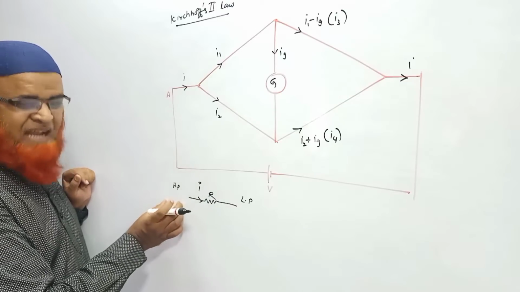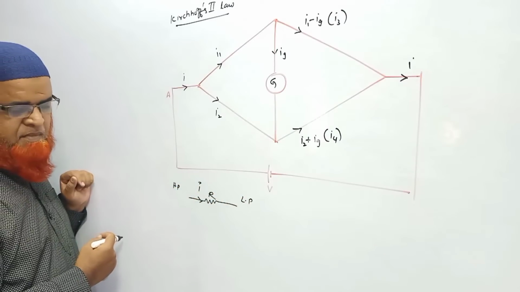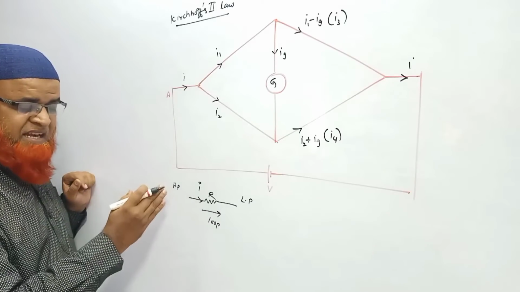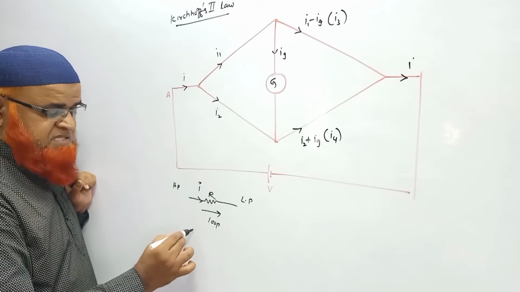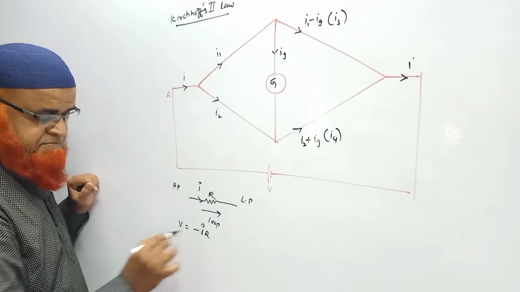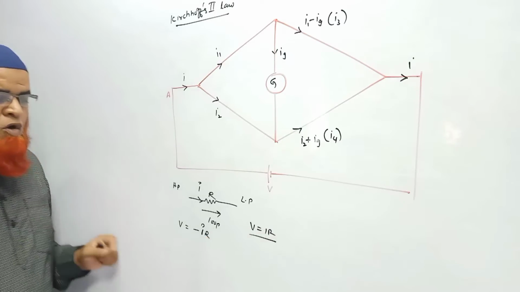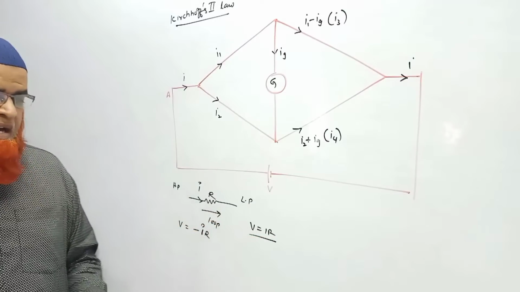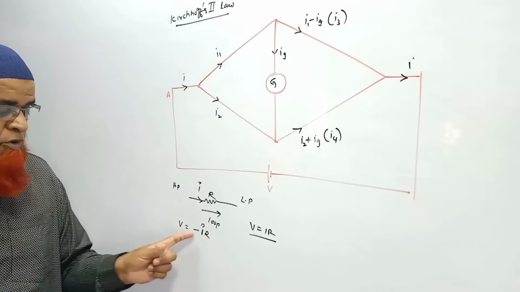From where it is starting, it is high potential. From where it is going and ending, that is a lower potential. Now, if this is the loop direction, if some current is flowing from higher to lower, what does it mean? It means that the potential V is going to be minus I into R. You all know that Ohm's law is I into R. Here, the current is flowing from higher to lower and your loop is also from higher to lower. That means that the potential is negative.